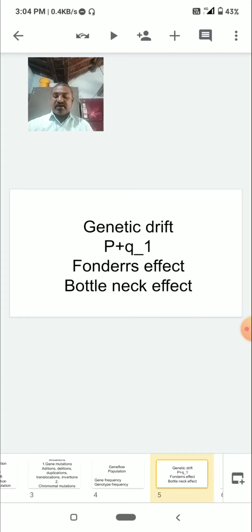For example, in the Red Indians, only the O positive blood group is present. It means the forefathers of the Red Indian tribe were predominantly O positive. They isolated themselves reproductively from other populations. By chance, the O positive group of people separated from the parental population. The migrated people only had O positive, and that is why the total Red Indian population has only the O positive blood group. By chance, the O positive population made the founders.